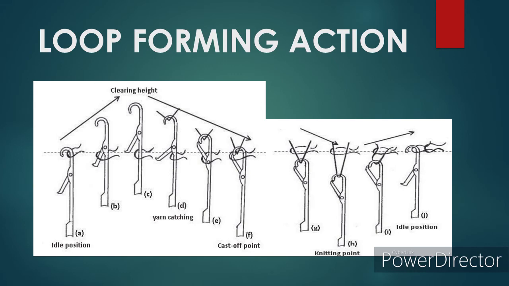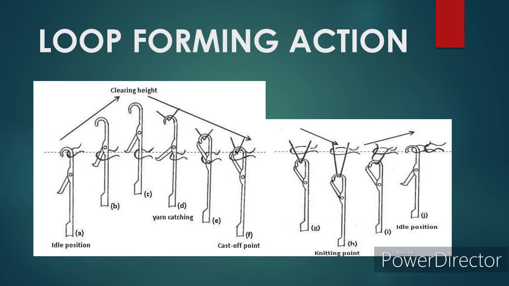Position number 4 and 5. Yarn feeding and the latch closing. In this position, the needle starts to descend under the control of the stitch cam. The old loop, which slides on the needle stem, comes under the latch. At this height, a new yarn is fed to the needle and the needle continues its downward movement. The loop closes the latch of the hook and rides over the latch.